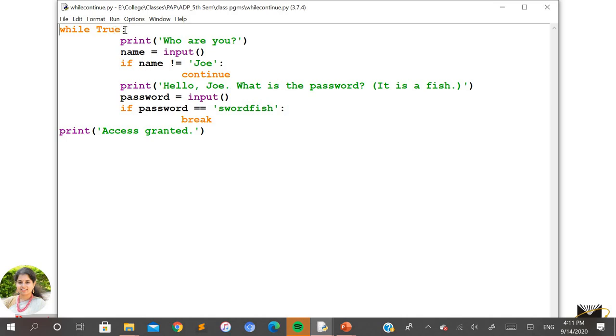Always while condition being true, it asks for a name. If the user enters Joe, then the further statements need to be executed. Until and unless the user enters Joe, the loop has to continue, for which the continue statement has been used. Make sure that if you use the continue statement, it only breaks the current iteration of that loop, allowing the next iteration to be executed as usual. If you use the break statement, it breaks the entire loop, and continues with the next statement outside the loop.